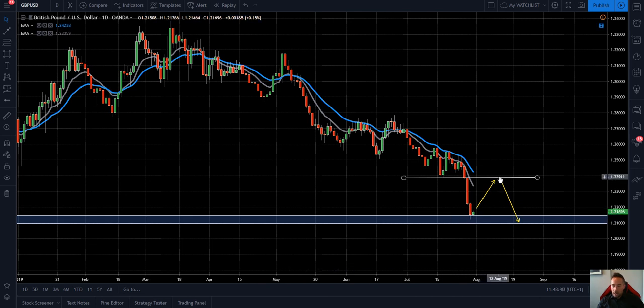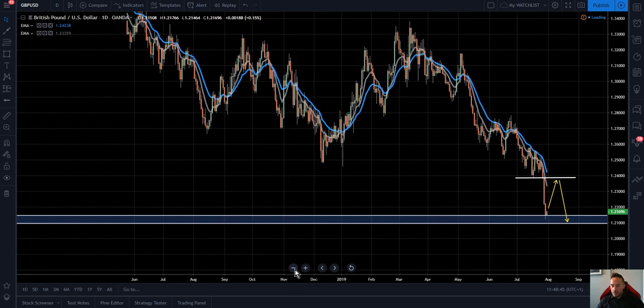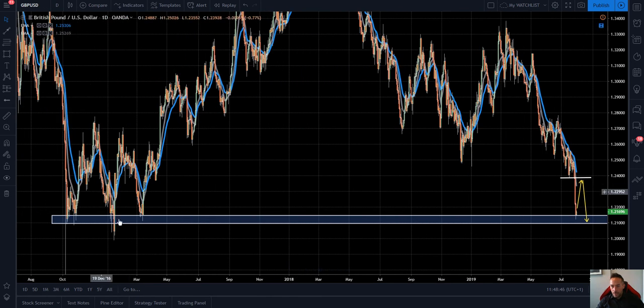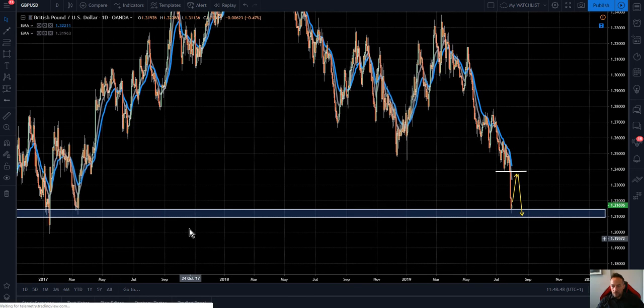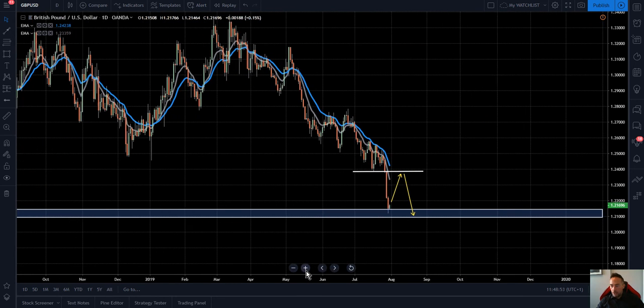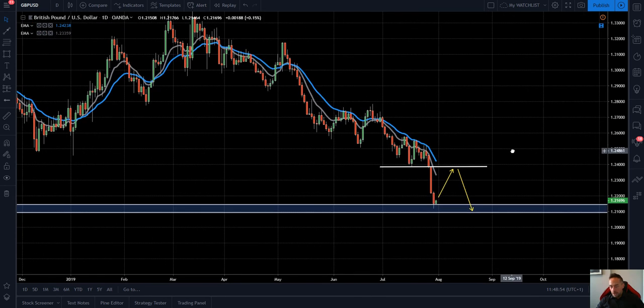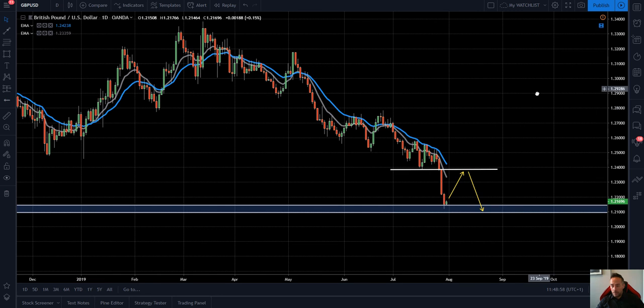If we got into a trade at this level here, then you could take off some money here and then see what happens. Are we actually going to break a little bit lower down? You could have a target to around this area here. So it doesn't look good for cable at the moment,